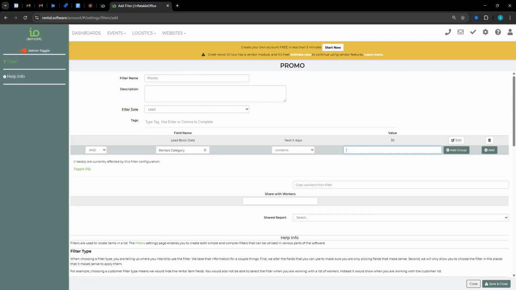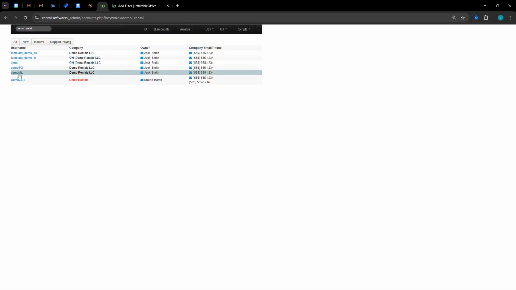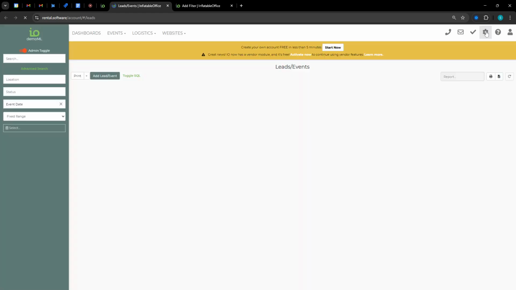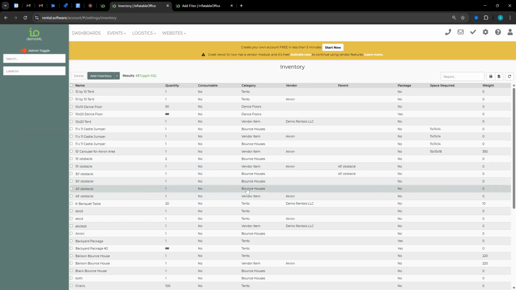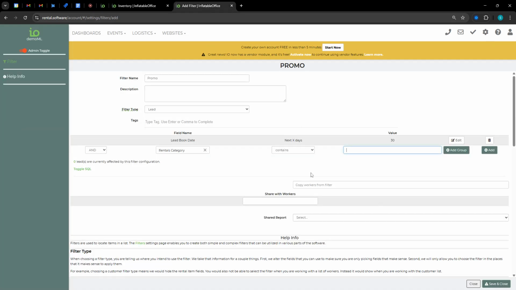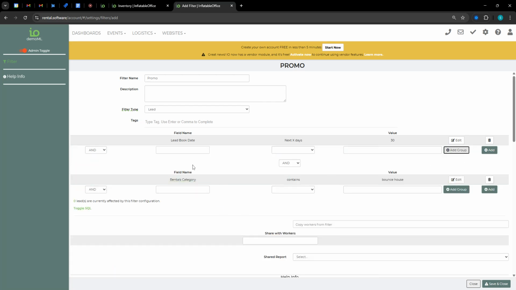Just let me see what categories we have here. Obstacle, maybe? I need a rental category and saved on this account. Let me see. Yeah, bounce houses, right? I'm not crazy. Bounce house. Okay. All right. So this is saying if you rent a bounce house and you book it in the next 30 days,